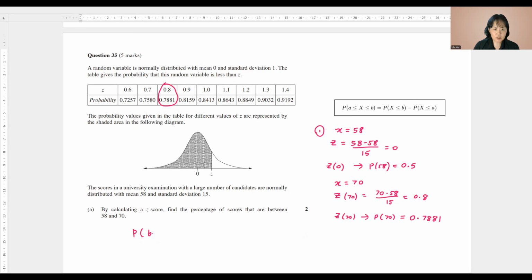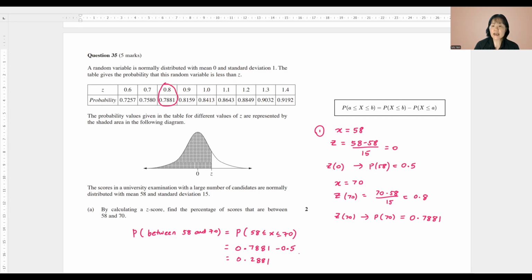Probability of between 58 and 70. Now, by the way, you can write this like this: 58 < x < 70. Okay, so that will be 0.7881 take away 0.5. Always take away from the bigger number because we don't want to have a negative probability or percentage. So that will give me